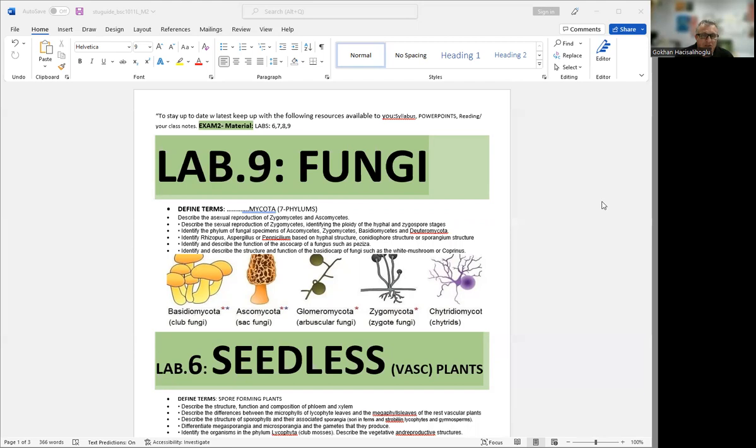So you should always start with chapter 9, lab 9, definitions and vocabulary. Make sure that you know the basic vocabulary. There are seven phyla under fungi. We are going to go over each phylum, and just one specific mushroom, Agaricus bisporus, is about a $24 billion economy in the US. So you can tell the importance of this chapter.